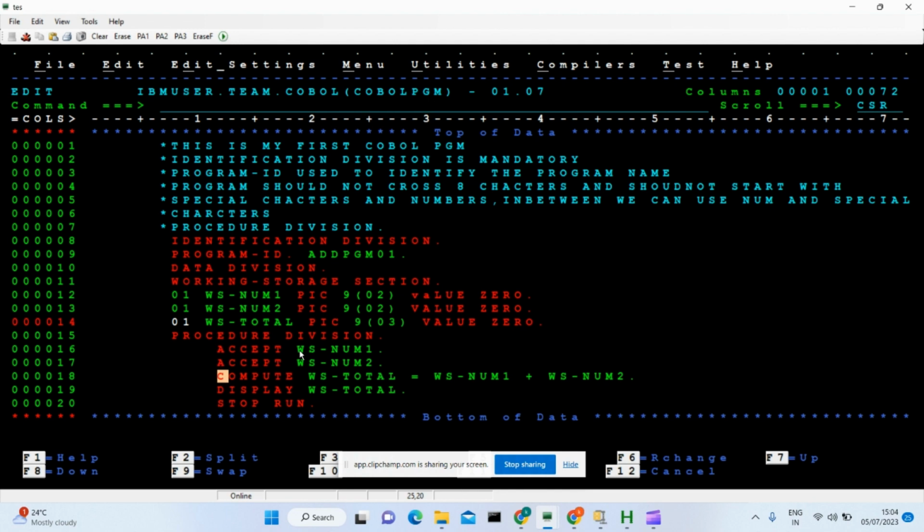After that I add number 1 and number 2 using a COMPUTE keyword. In today's class, as you go through all these things, it will come to your mind: how many keywords are there, how will I know there is an ACCEPT, a COMPUTE, a DISPLAY. Going forward, as you go on using the programs,